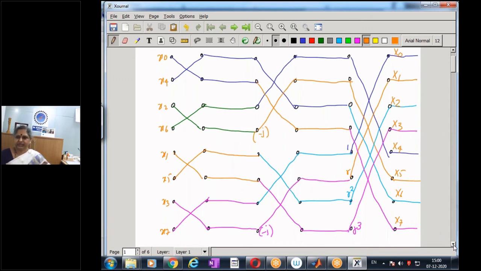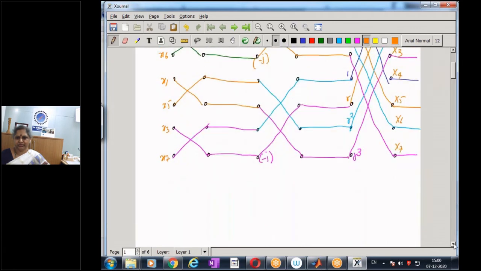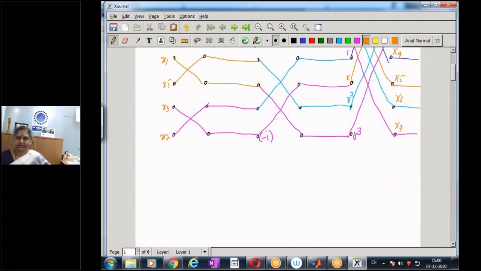And what is our basic computation? Just to write it down for reference. Now here we have these branch gains we need to write. What is gamma? It's an 8-point DFT. So this is going to be e to the power of minus j 2 pi by 8, and that is going to be 0.707 minus j 0.707.